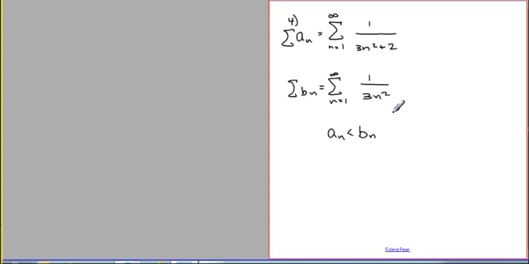Because of that, you can use the direct comparison test, which basically says that if this converges, then this converges. Because if something bigger converges, then something smaller has to converge as well. At this point, you can use any of the tests that we have already used. I think it's the p-test, if I remember correctly. If you go back to page 619, you see you have 1 over n to the p. So p in this case is 2. So using the p-test,